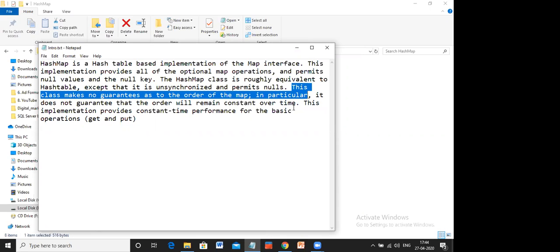That means if I try to store Kshitij's email ID and his name at the first index, over a period of time that particular value may fall down. It may come to the second or the third index. So the order is not constant here.